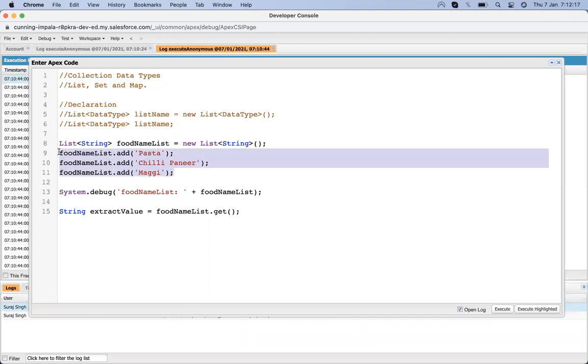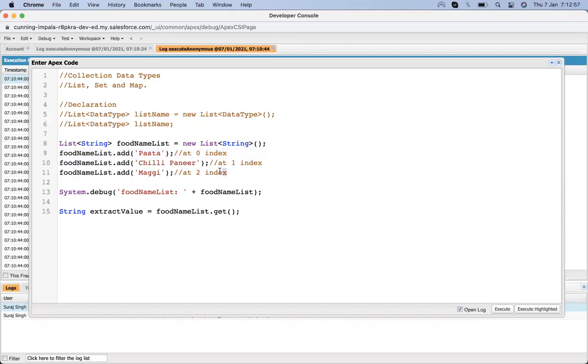It's similar to an array, if you have learned that in JavaScript. Apart from that, if you don't know it, it's okay. All the elements added in a list come with indexing. The first element is at index 0, then index 1, and index 2. Every element added in a list is stored at its index.